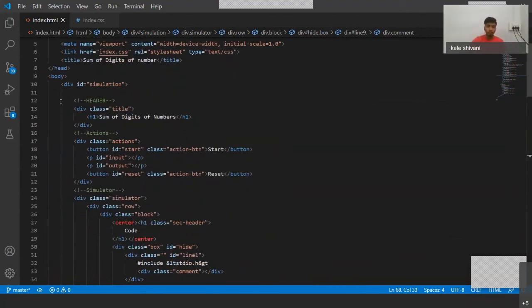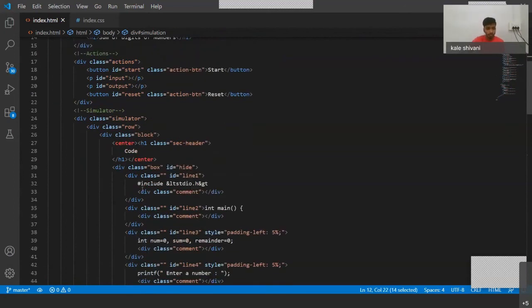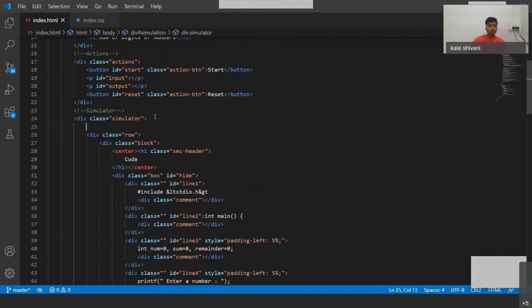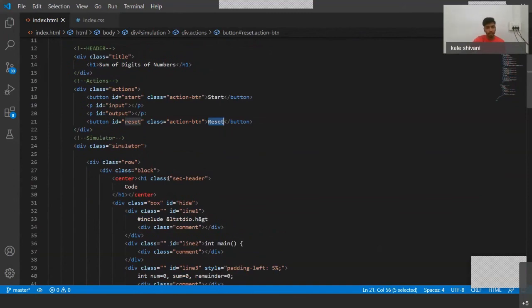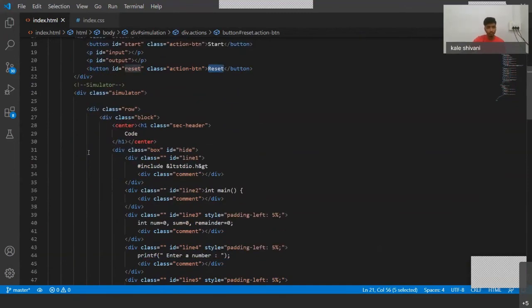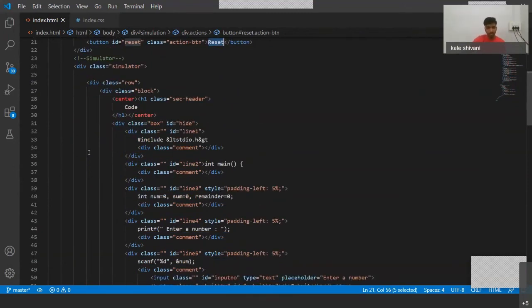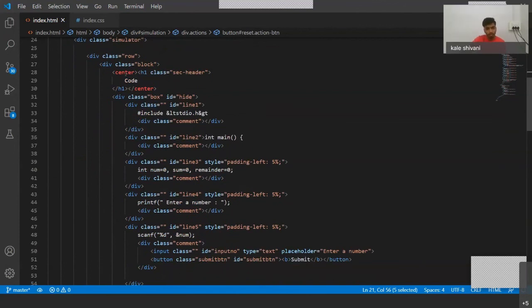I think we should follow a proper commenting format. This is for our head and subtitle. Then this is our action buttons, which has start and reset. As we go forward, we have the simulator, the actual simulator, and inside it we have a class for both the code section and the execution section.